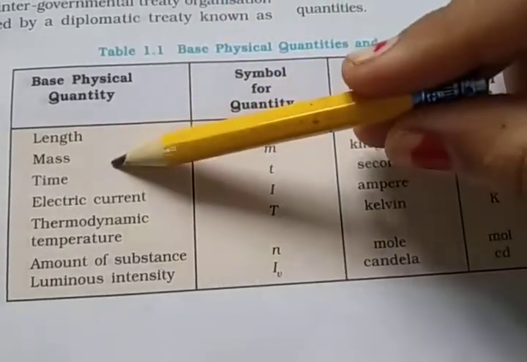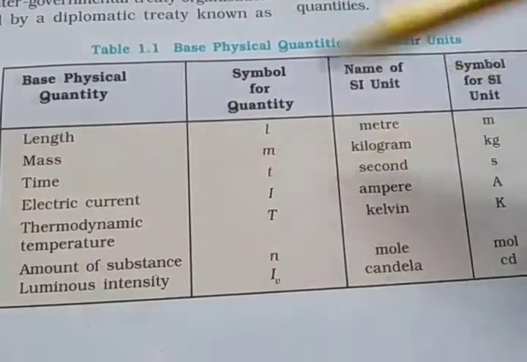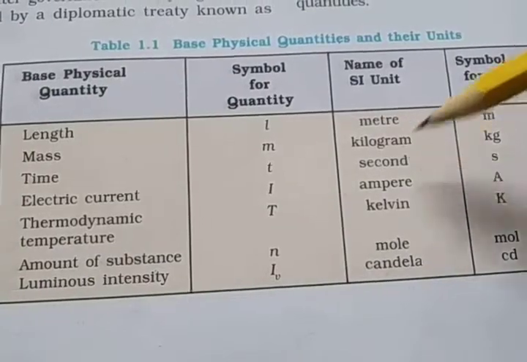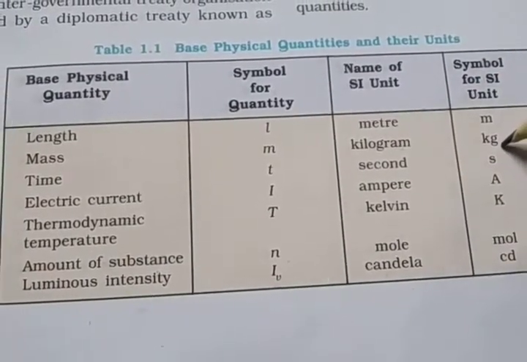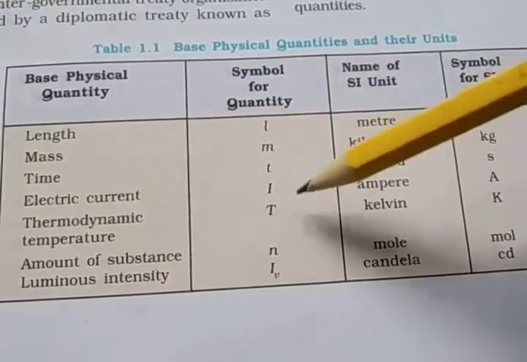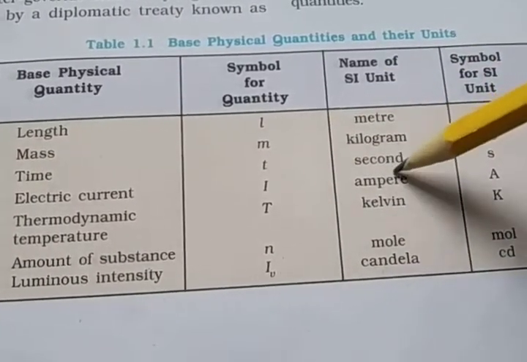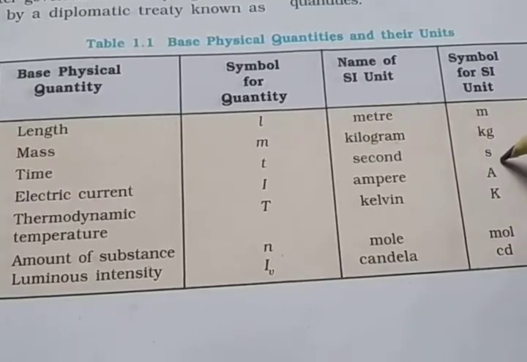Then mass: symbol for quantity small m, name of SI unit kilogram, symbol kg. Time: symbol small t, name of SI unit second, symbol for SI unit